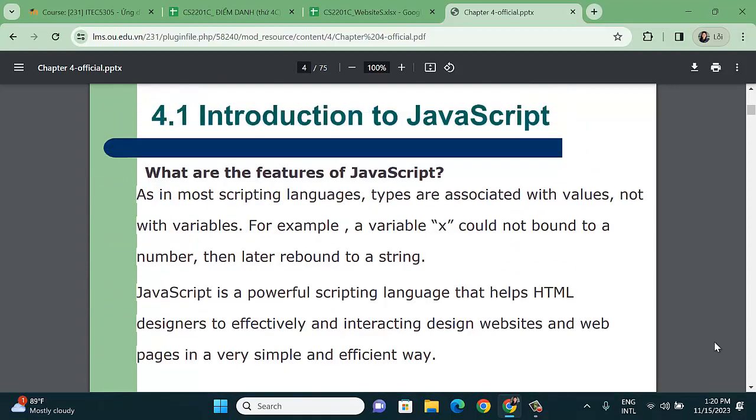Something about JavaScript. Later on, we know this also applies to other scripting languages like Python. You know Python, right? It's also a scripting language. For example, a variable can hold a number and later be rebound to a string. This means that at first you may assign 1, 2, 3, a number, and then later on it's possible for you